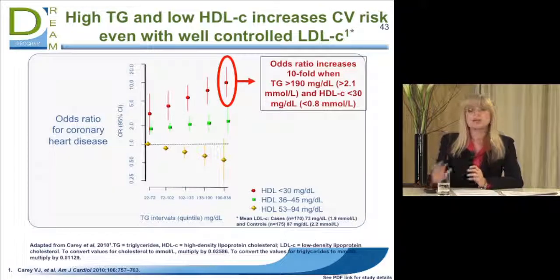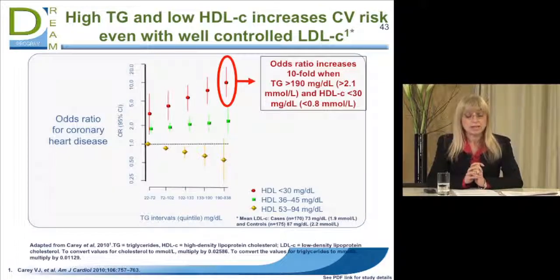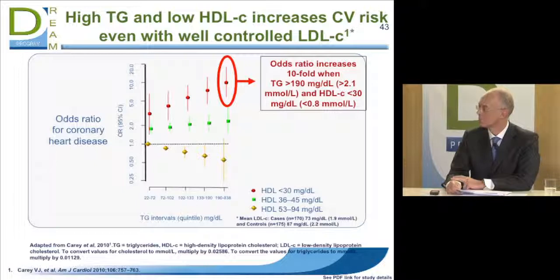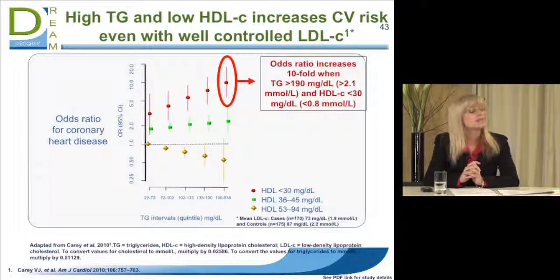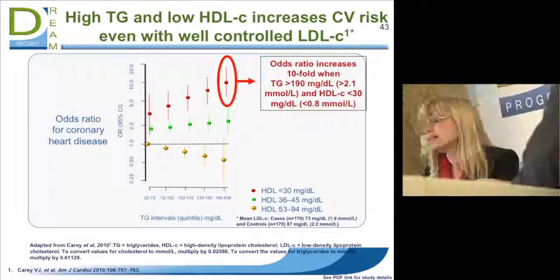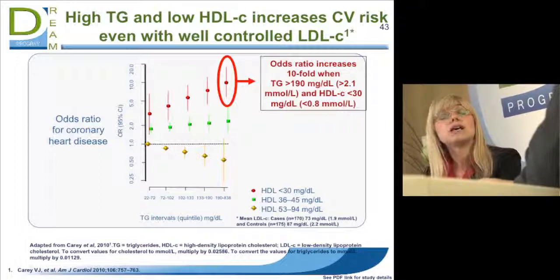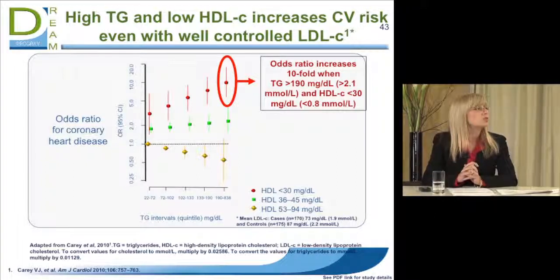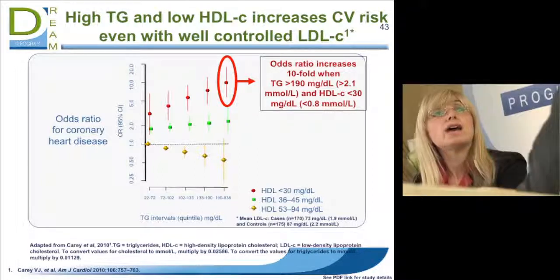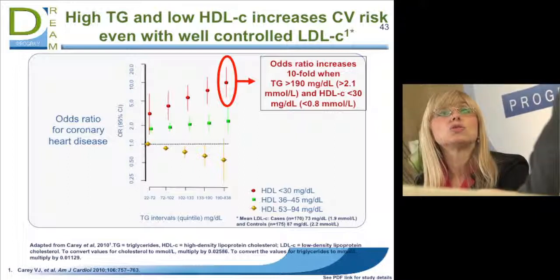The contribution of triglycerides and HDL to cardiovascular residual risk after you have reached LDL cholesterol goals was recently assessed in a case control study. And in this study, the patients reached the LDL goal of 70. Both triglycerides and HDL synergistically contributed to cardiovascular risk in these patients. So I think there's still room for improvement after you have reached your LDL cholesterol goal.